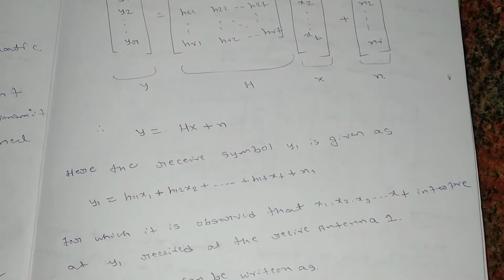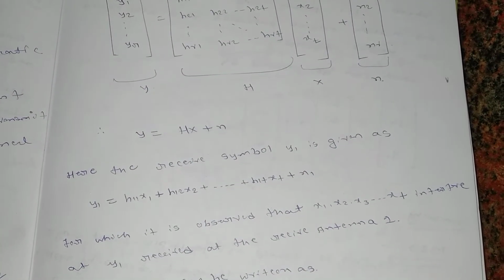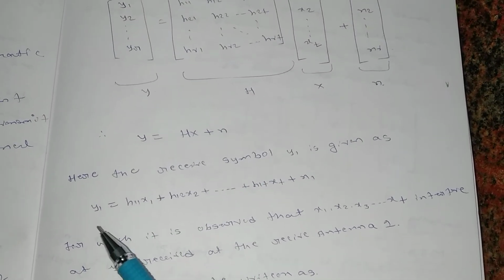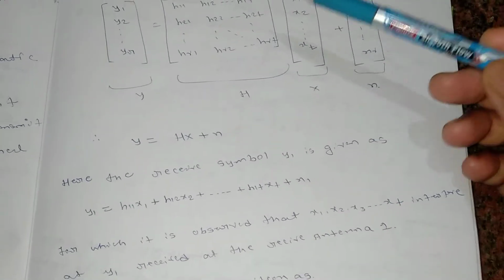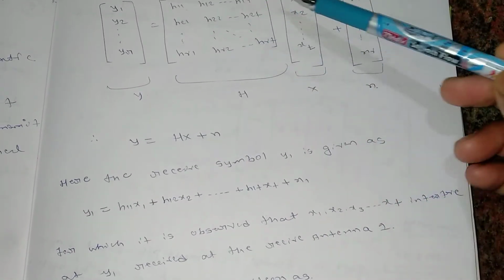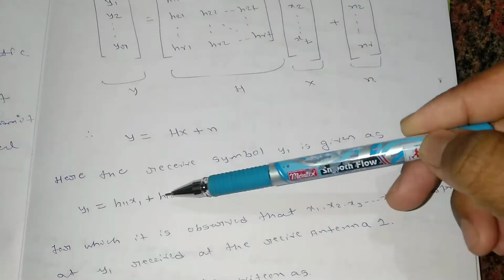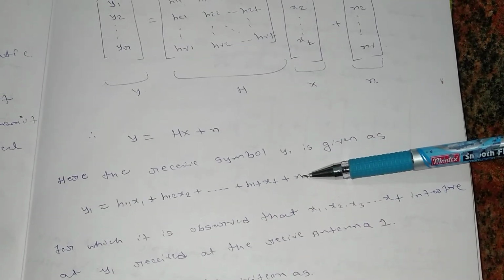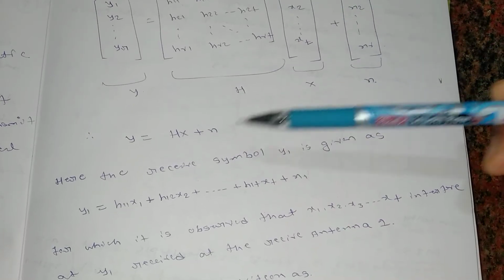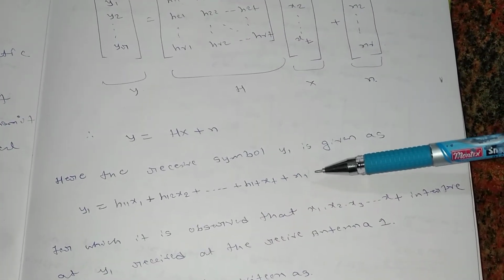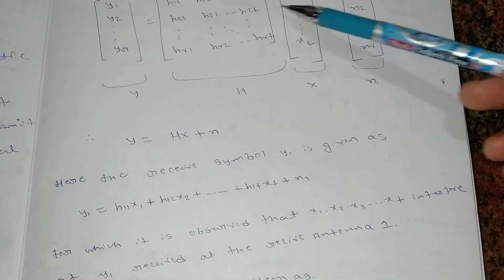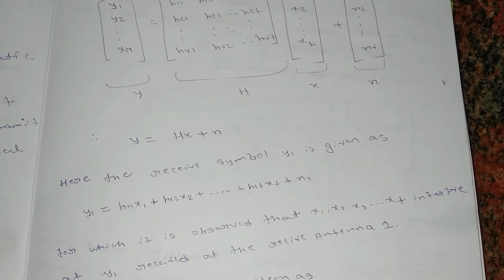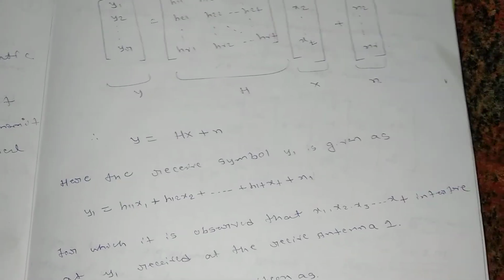But if I want to write for a particular antenna, say for the first received antenna, I can write the equation like this. So y1 will be equal to, I just multiply these things, h11 into x1 plus n1. Then h12 into x2 plus n2, and at the end h1t into xt. Like this we will be having terms up to the last one, and noise will be added for the first row. So this is here, right?